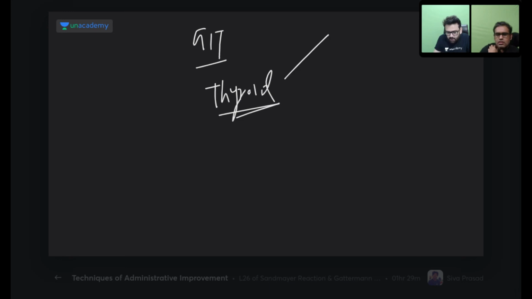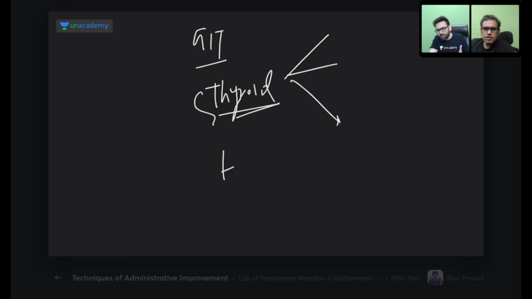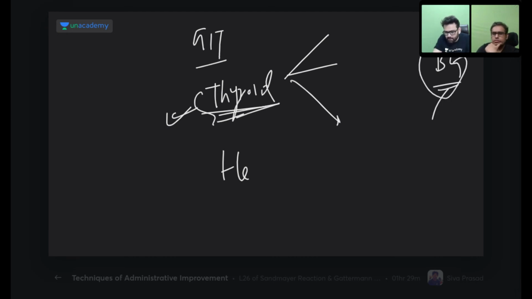I guess thyroid is a good topic, no? Yeah, thyroid is also a very good topic because a lot of embryology is needed to understand physiology. Anatomy could be taken care of. Yes, CNS is also very good. For example, basal ganglia. Dr. Ankit sir will teach you about all the locations, all the relations, and we will discuss all the diseases and physiology in that. So we can take one by one. We can start with thyroid. In November we will try to take thyroid along with Dr. Ankit.